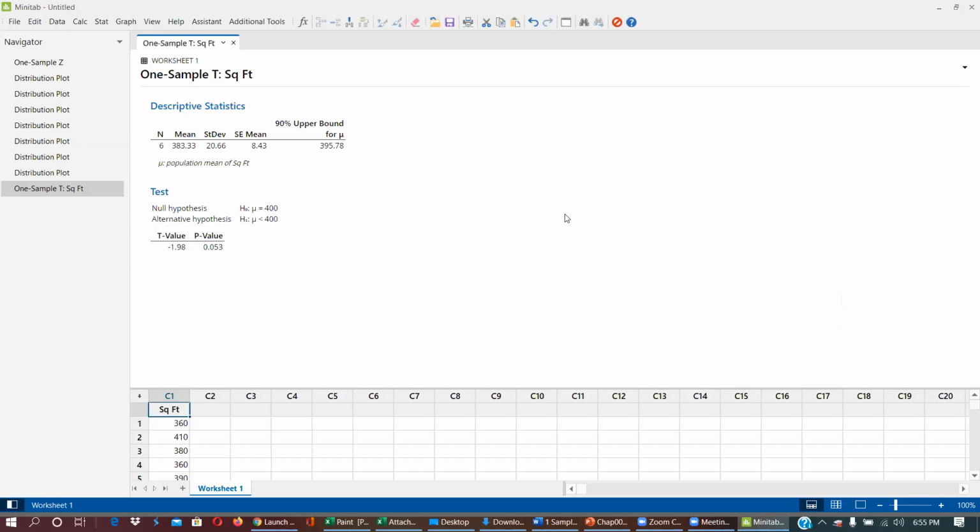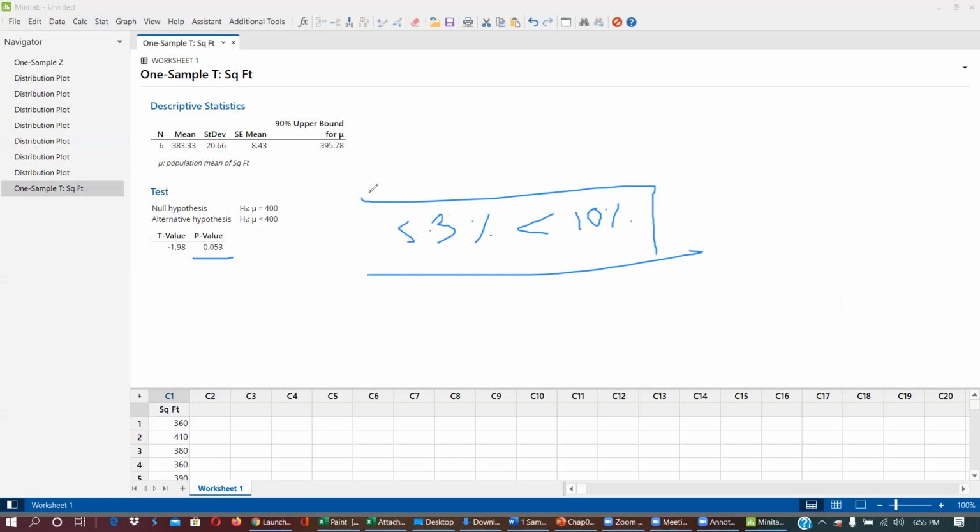Yes, exactly. You are correct. We are going to reject. Why? Two simple cases, too simple. So number one, p-value is less than 5.3%. Please bear with my handwriting. This is one. And now look into the other case, which is the 90% upper bound. So we are checking with 90%, and let's see what is the value for 90%.